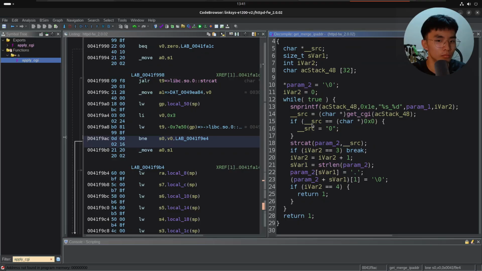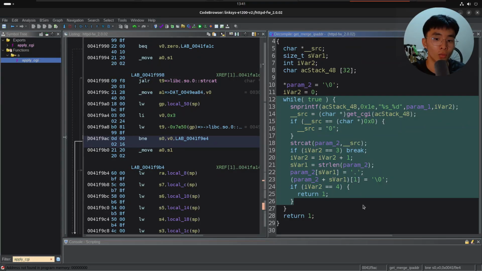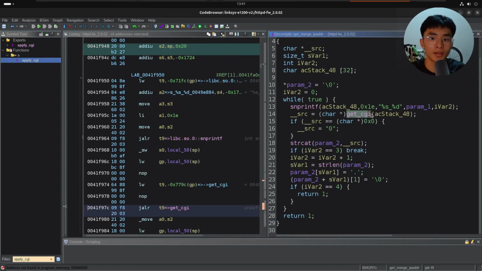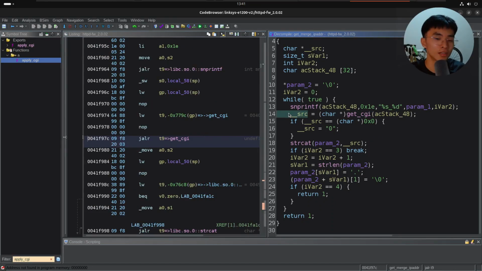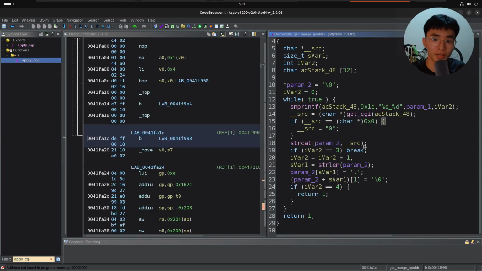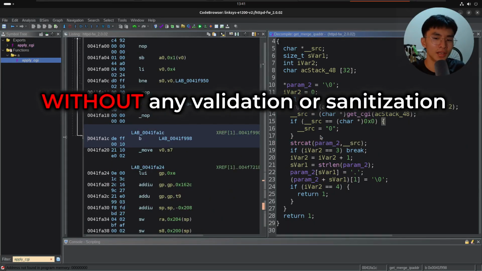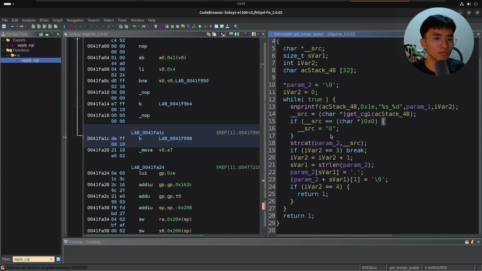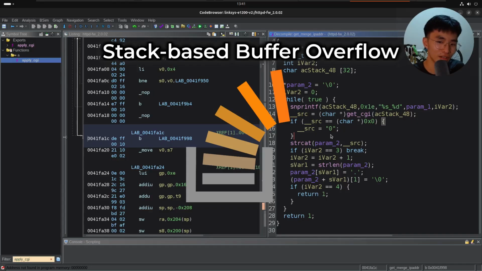strcat function. In this function, it runs a while loop, which calls a snprintf function to craft a string variable, which is then passed into the getCGI function, which retrieves it to the __src variable, which is then passed to the strcat function without any validation or sanitization of the user input. Therefore, this means that a direct string variable on the stack itself is crafted directly using user input without any validation of the string length. Therefore, this gives rise to a classic case of stack-based buffer overflow vulnerability, which is actually very common on older